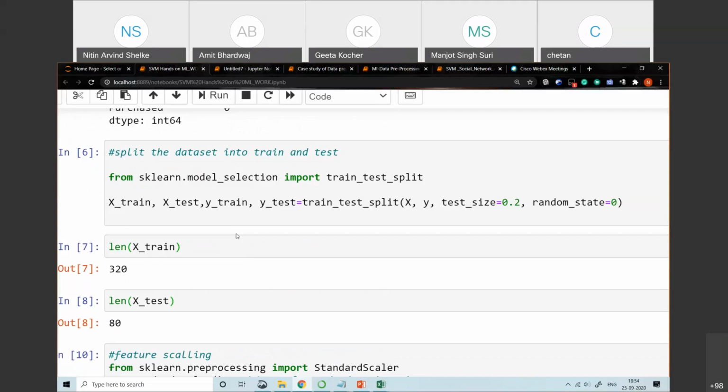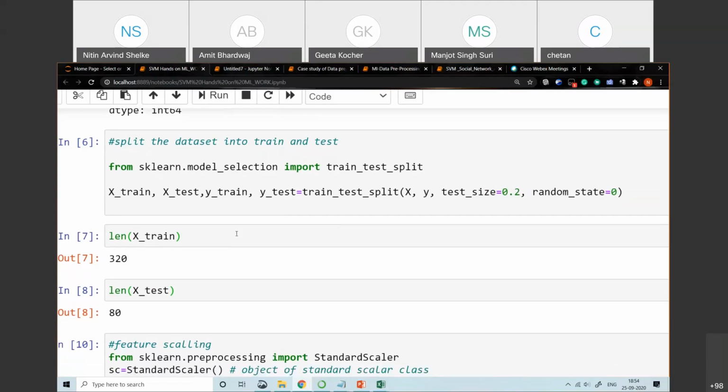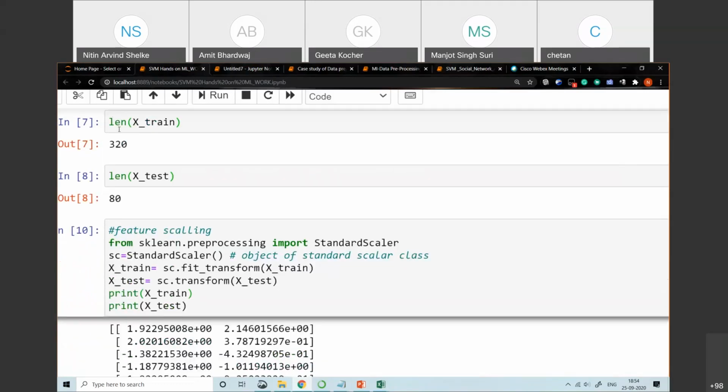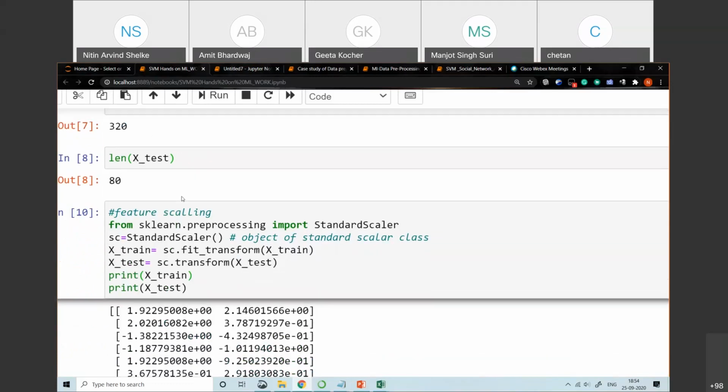So capital X is your independent variable, y is your dependent variable, test size 0.2 means 80% is given to the training data set and 20% to the testing data set, and random state is equal to 0. Okay, now next we have calculated the length of the training, how many rows are there in the training and how many rows in the testing, by using the len method.